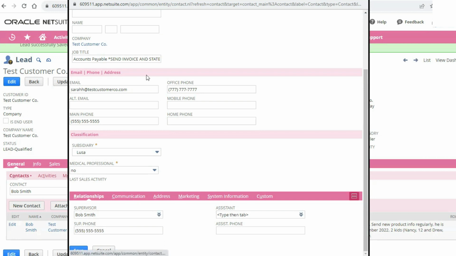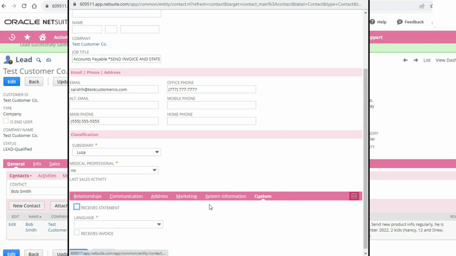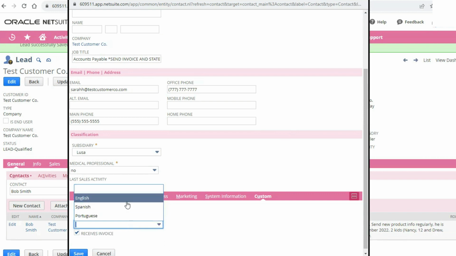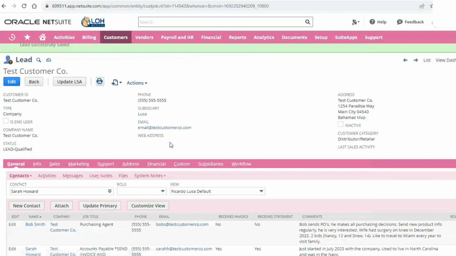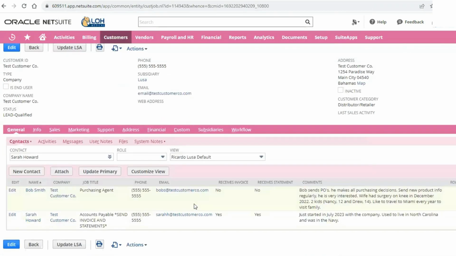So we have a contact here who needs to receive invoices and statements. You're also going to go to the custom tab and click and check these boxes.